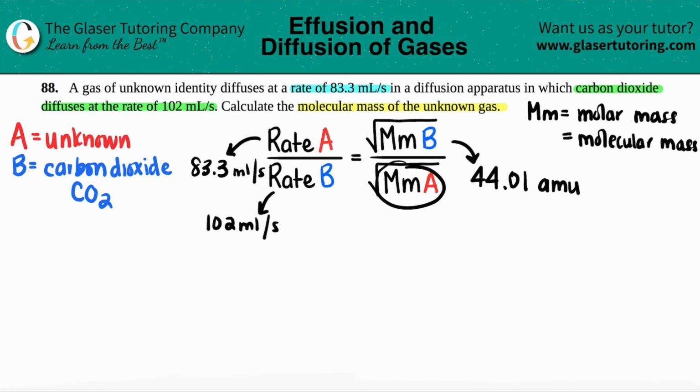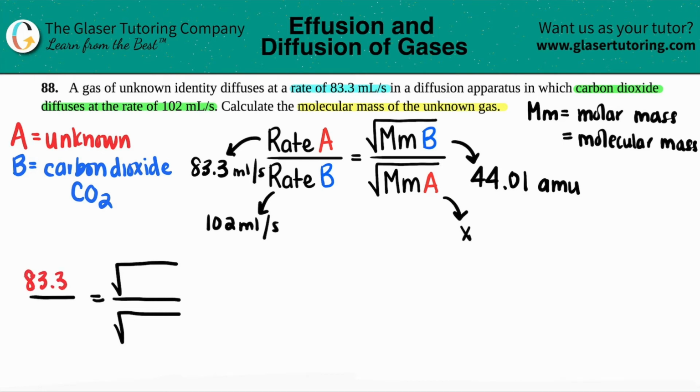Now the molar mass of A, I can't really find that because that's the unknown. But that's what we're solving for: the molecular mass of the unknown gas. Now we have all the components, so let's plug it all in. I'll do this as something divided by something equals something divided by something. We have the square roots on this side. Now let's plug in the red colors, the unknown gas. So I have 83.3 over here, and then this would be X down here. We got 102, and then this would be